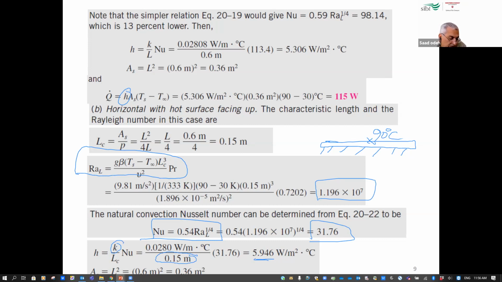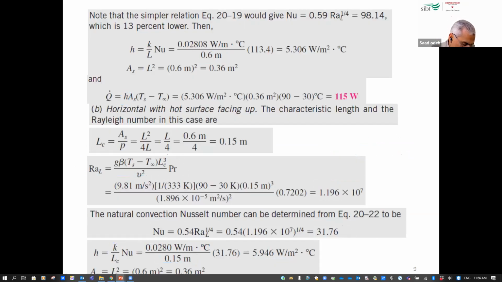Okay, and as you can see here, LC is different from L here. All right, and that gives us H of 5.9. Now, if I use the same area we had before,